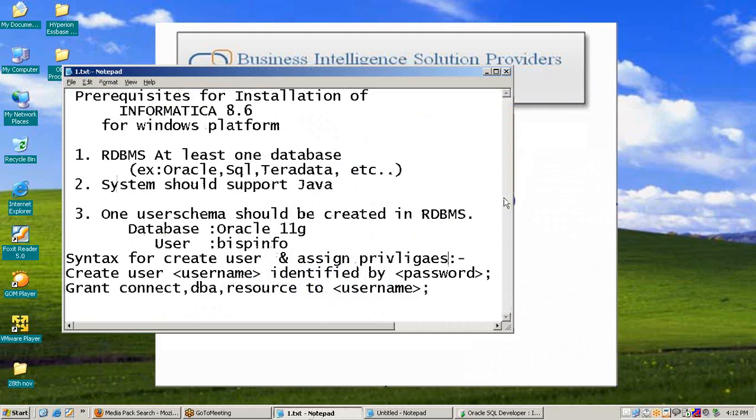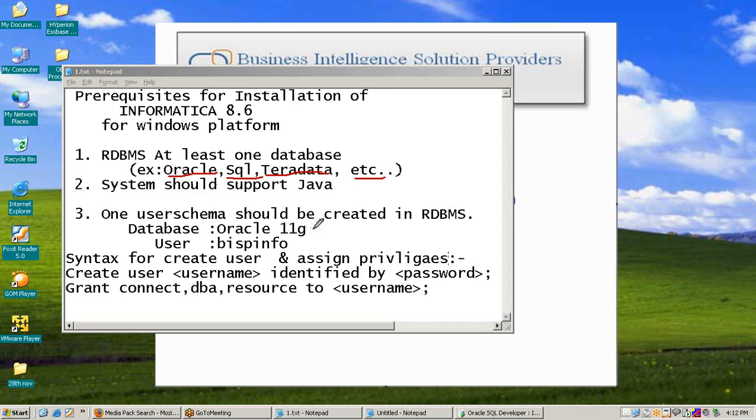For installation of Informatica 8.6 for Windows platform, first we need to install any database like Oracle, SQL, Teradata or any RDBMS, and our system should be supported by Java.